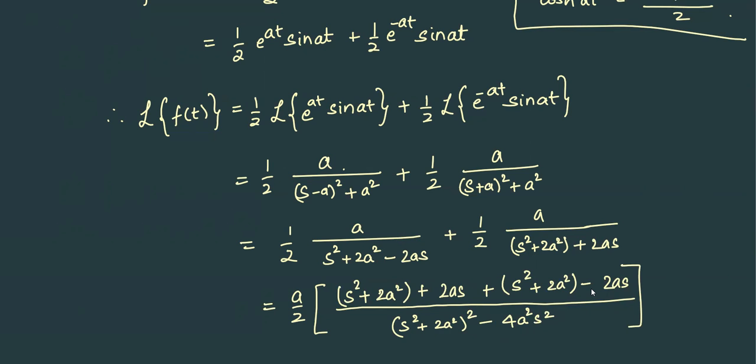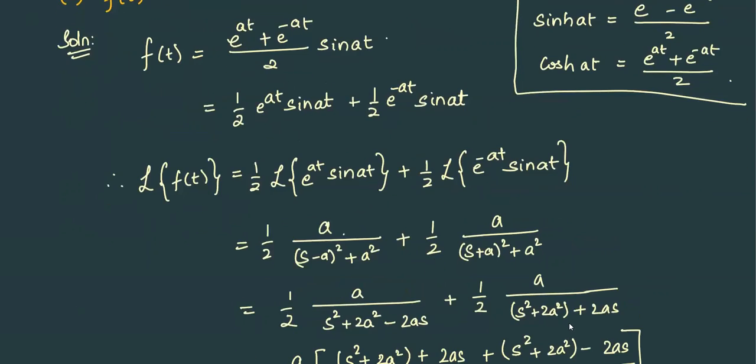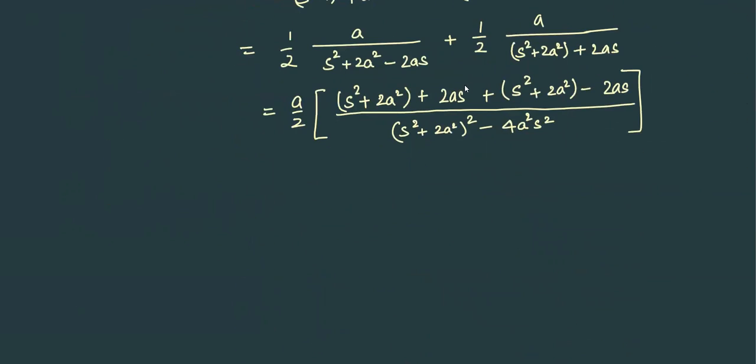Now this cancels, 2as and minus 2as cancels. This is twice of it, that gets divided by 2. s square plus 2a square upon